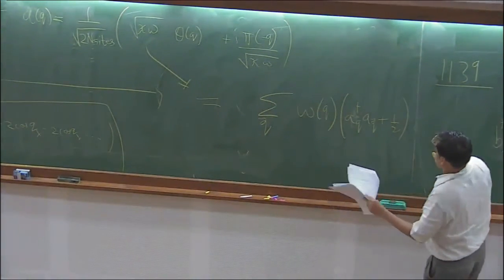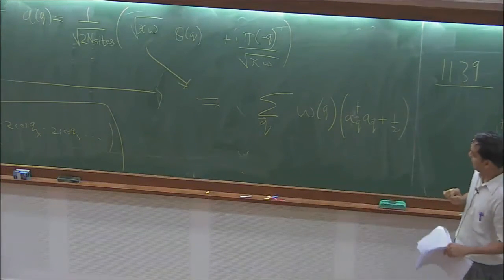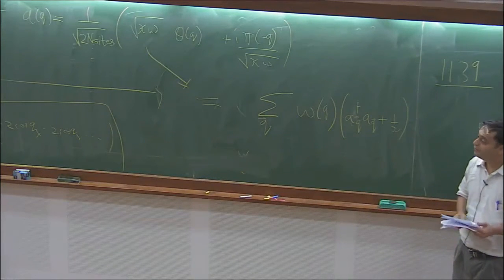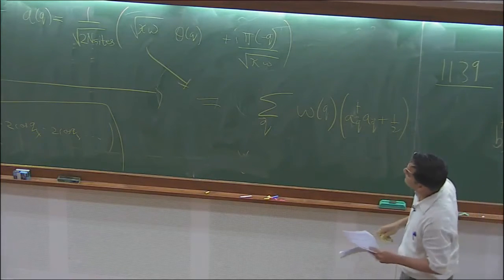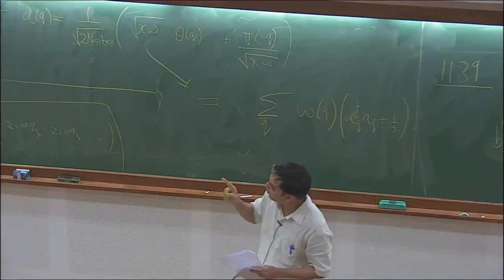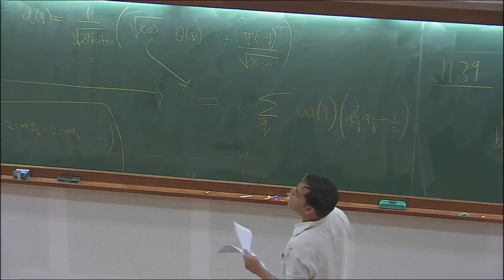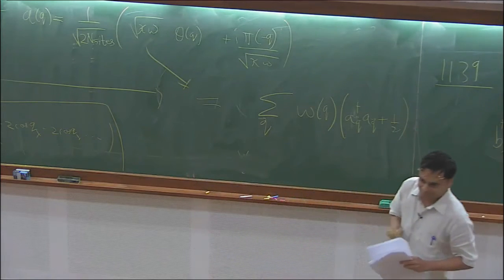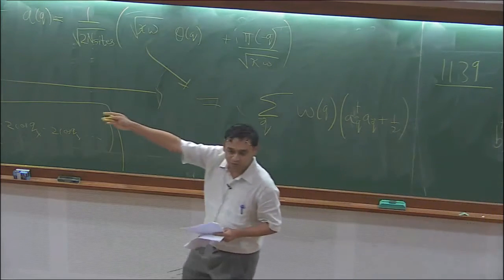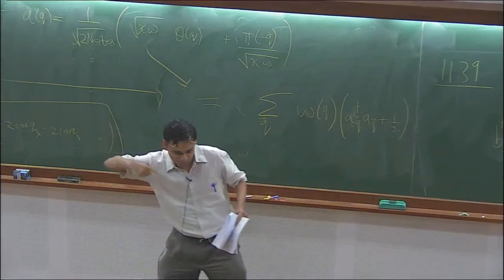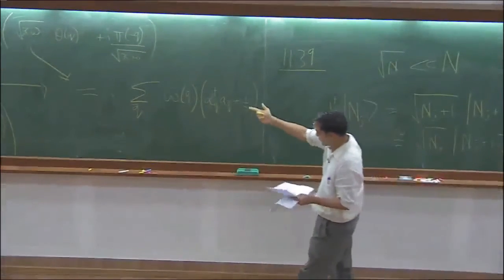Yeah? But there's a catch. And the catch is my last point. Can you do, maybe we do it in tutorial, can you do the undergraduate physics exercise now of estimating the RMS fluctuations of theta? Okay. So we have expanded about theta equal to 0. So in the ground state, all the spins are pointing along theta equal to 0. But there's some fluctuation, right? Which you can work out.